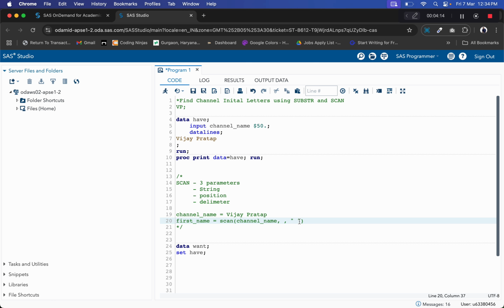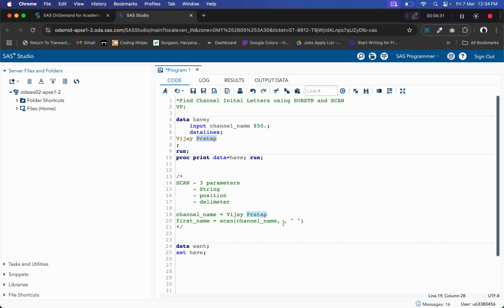We will pass the third parameter as space, and the second parameter is the word we want to find out. From this string we want the first word or the second word, because the first word is the first name itself and the second word is the second name.